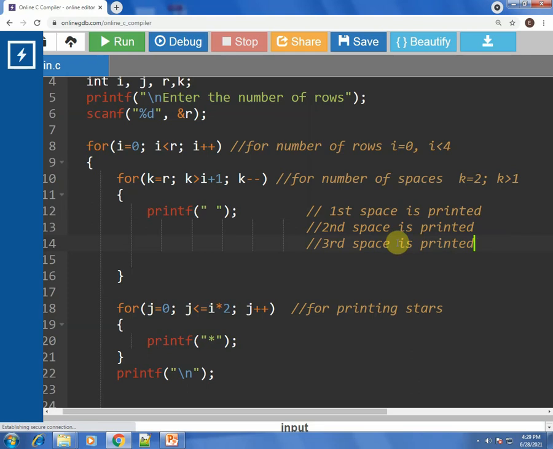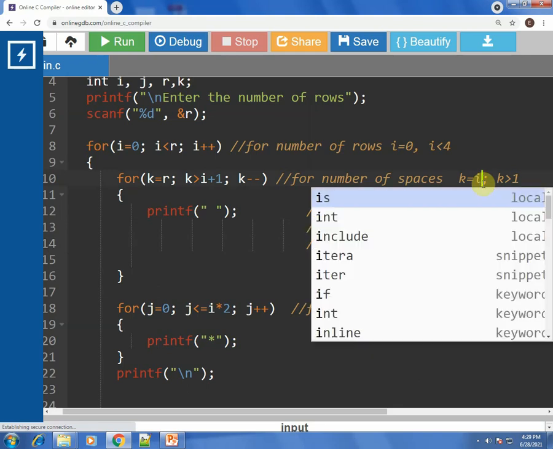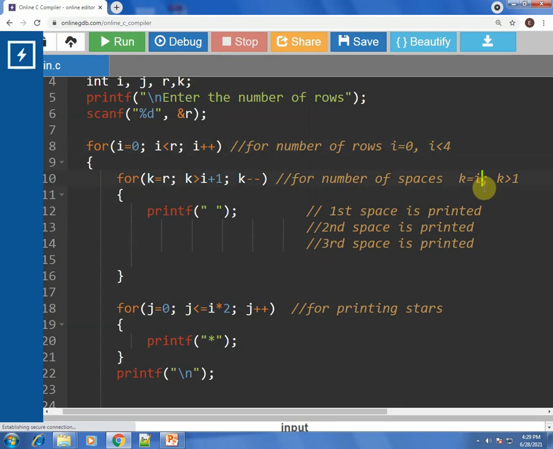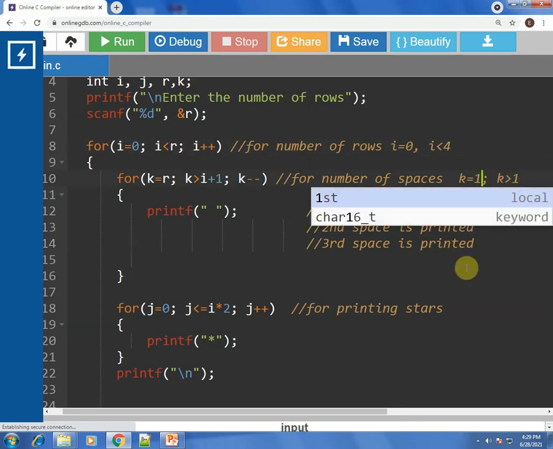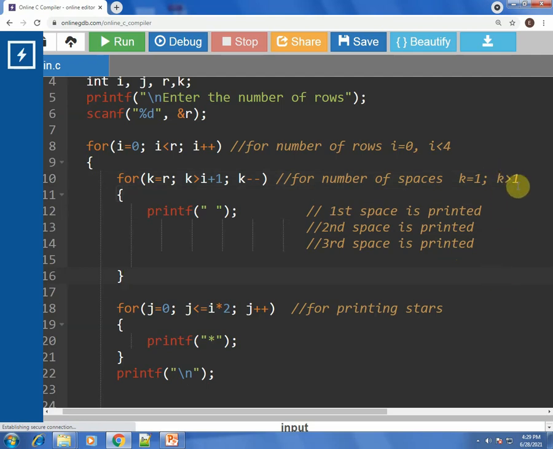After this K will again be decremented, to 1. Is 1 greater than 1? No, because 1 is equal to 1, it's not greater than 1.